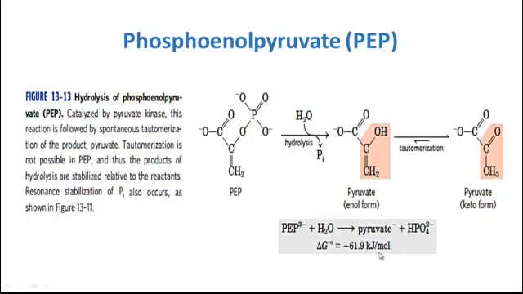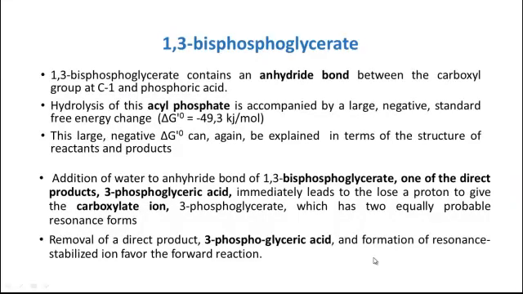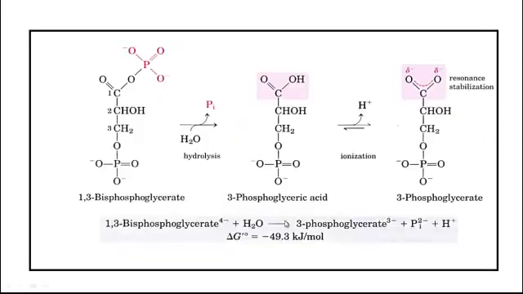kilojoule per mole. So now let's take a look at 1,3-bisphosphoglycerate, which is a 3-carbon compound, and it contains an anhydride bond between the carbon 1 carboxylic group and phosphoric acid. So when water is added to this anhydride bond of 1,3-bisphosphoglycerate, the compound undergoes hydrolysis, and with the release of inorganic phosphorus, 1,3-bisphosphoglycerate is converted into 3-phosphoglyceric acid. We can see it here in this diagram that